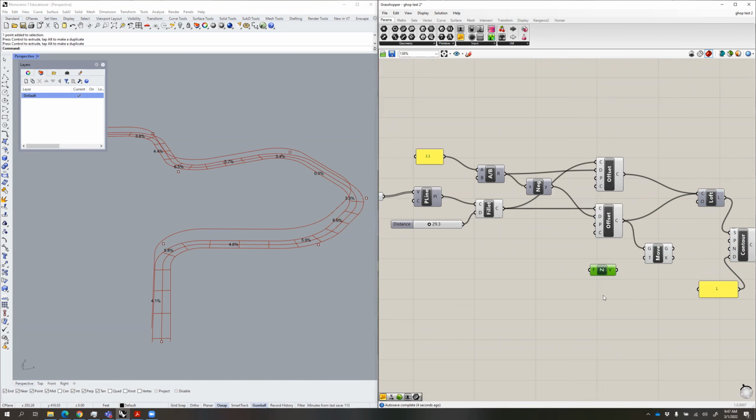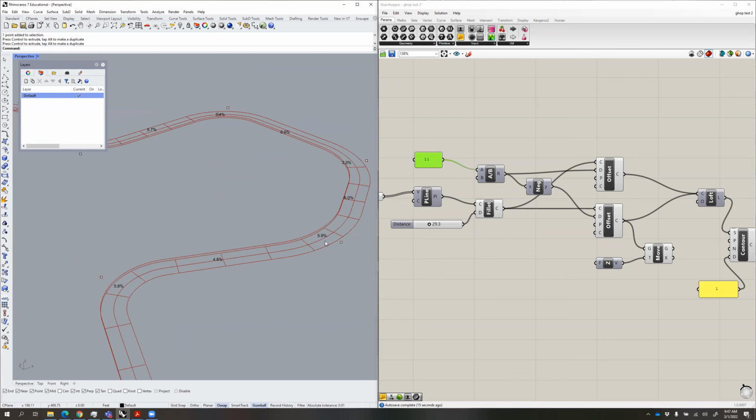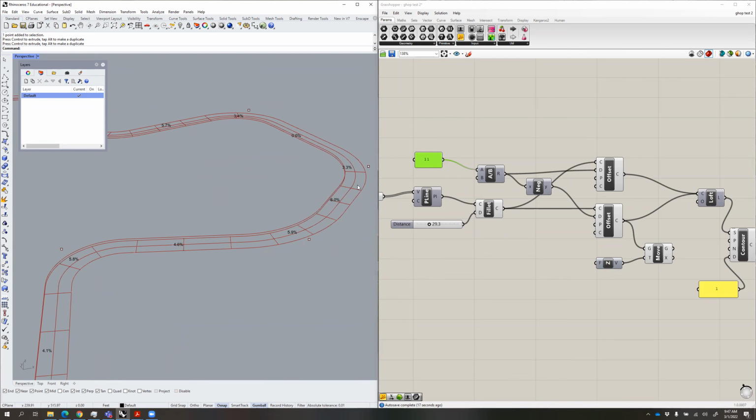We want to move it vertically. So I'm going to double click, type in Z on my keyboard, and you see this unit Z vector. I'm going to plug that in, like so. Right now it's moving it in the vertical direction one foot. It always defaults to 1. But we want to move it in the Z vector direction by a unit that is, let's say, a 2% cross slope